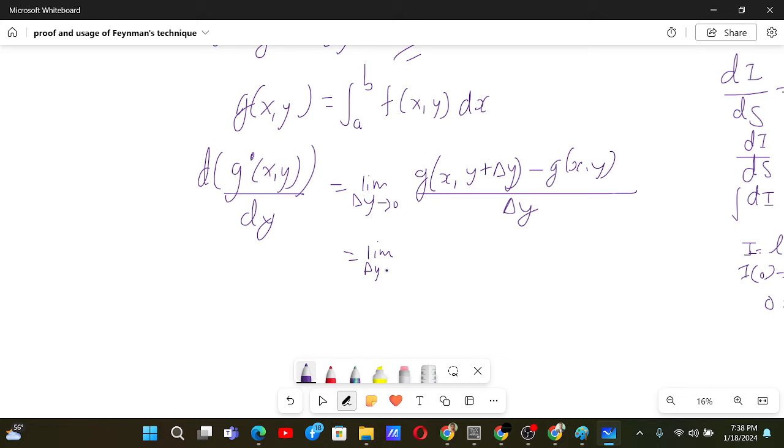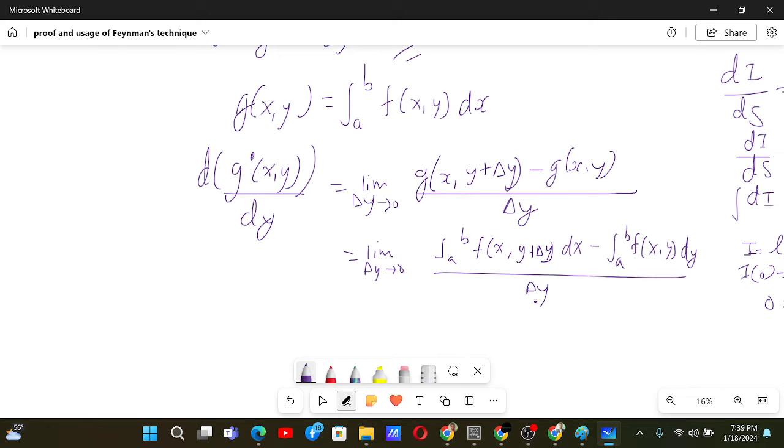Okay, now after this, del y tends to 0. Our g of x comma y plus del y will be integral from a to b of f of x comma y plus del y dx, minus integral from a to b of f of x comma y dx, by del y. Now limit del y goes to 0. Since the limits are the same, and this is also dx, not dy,